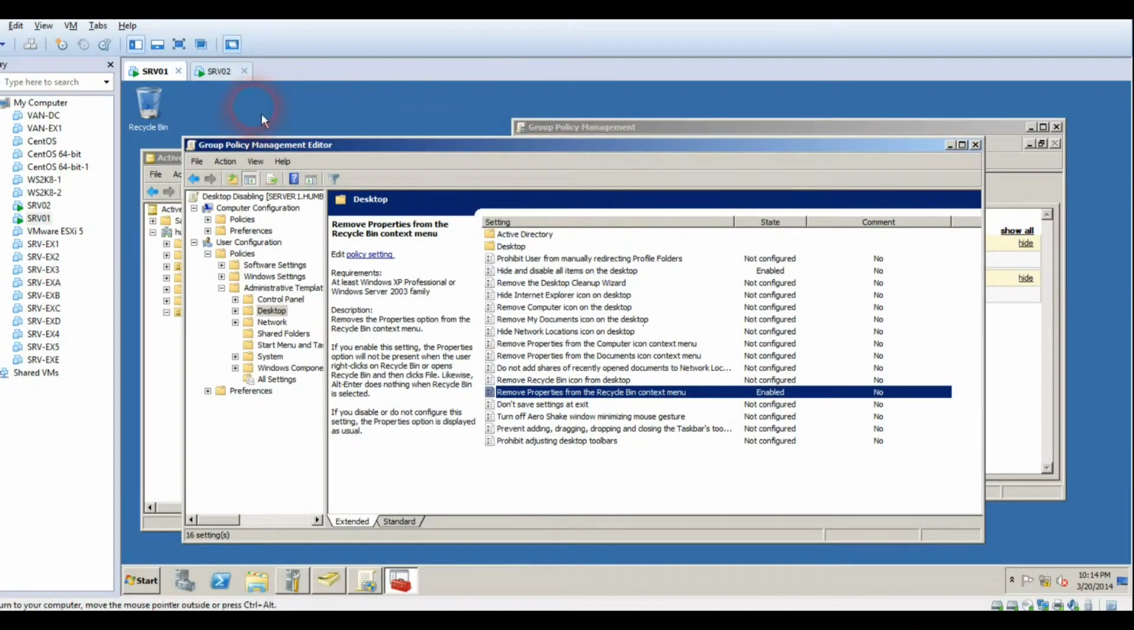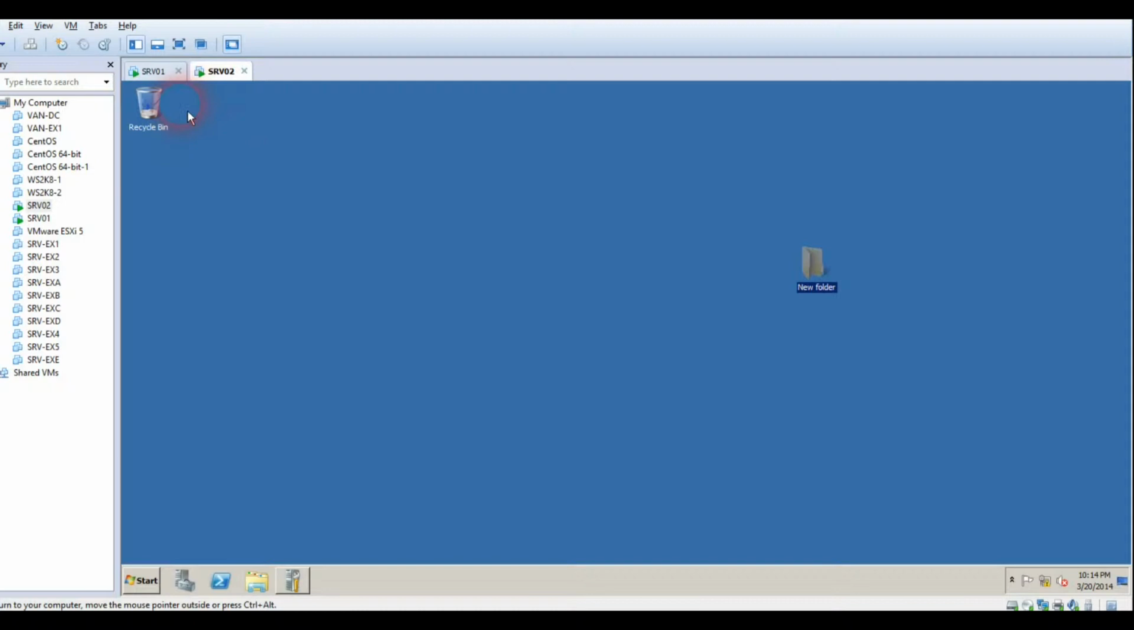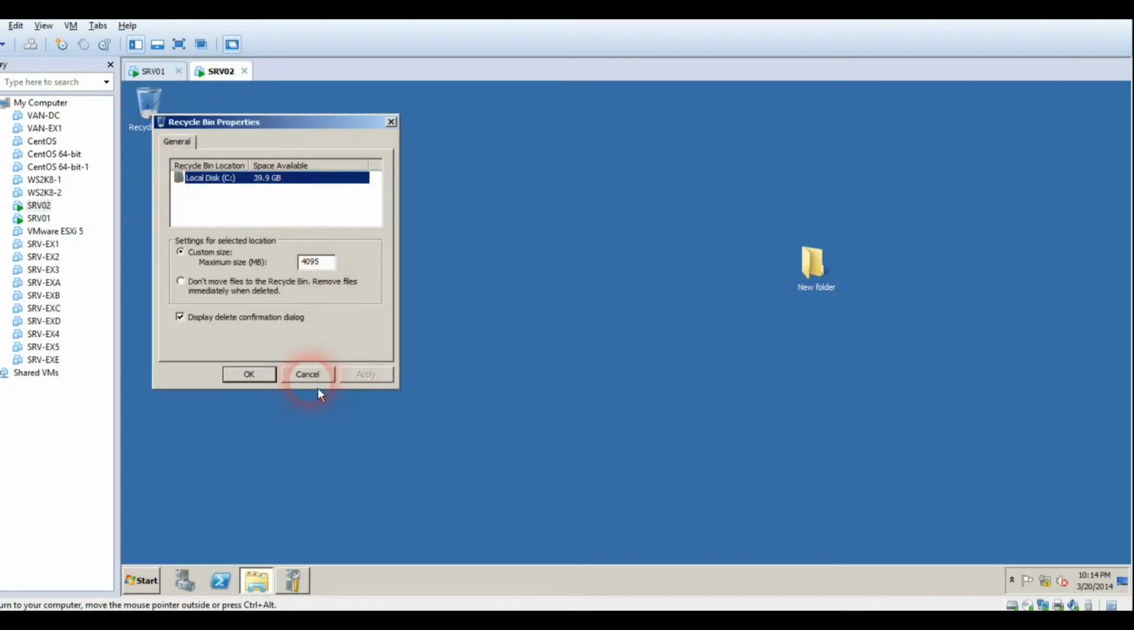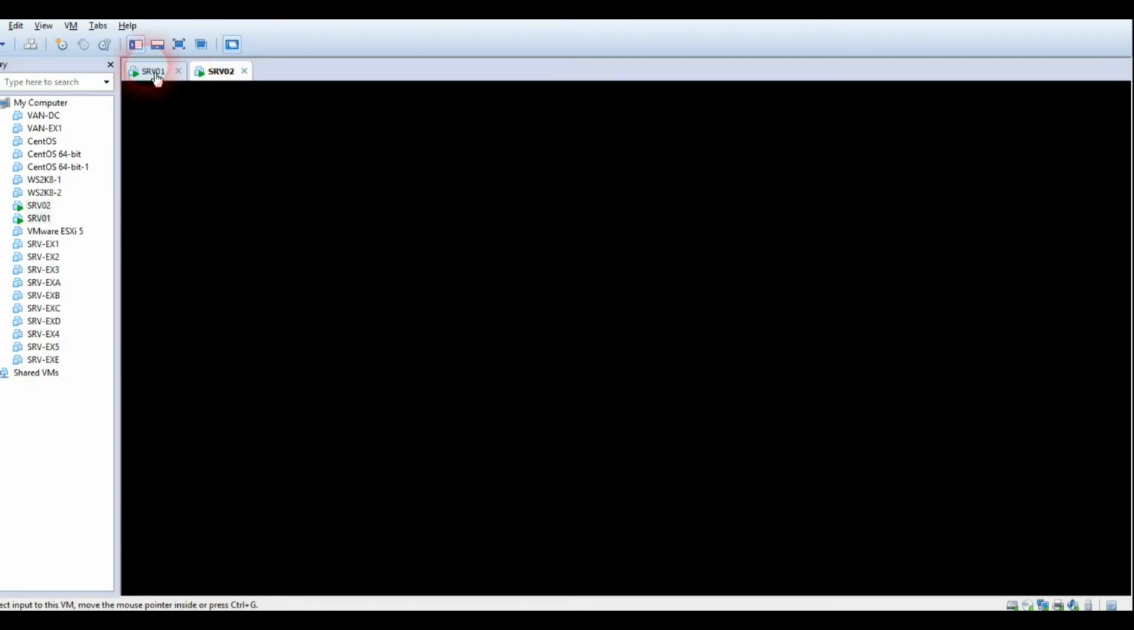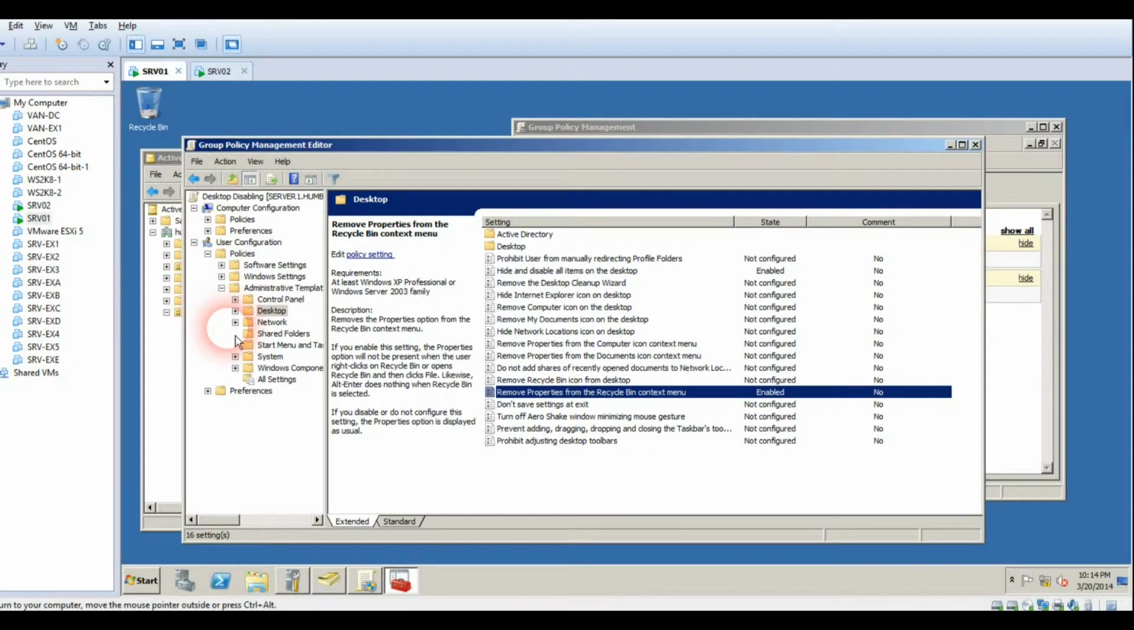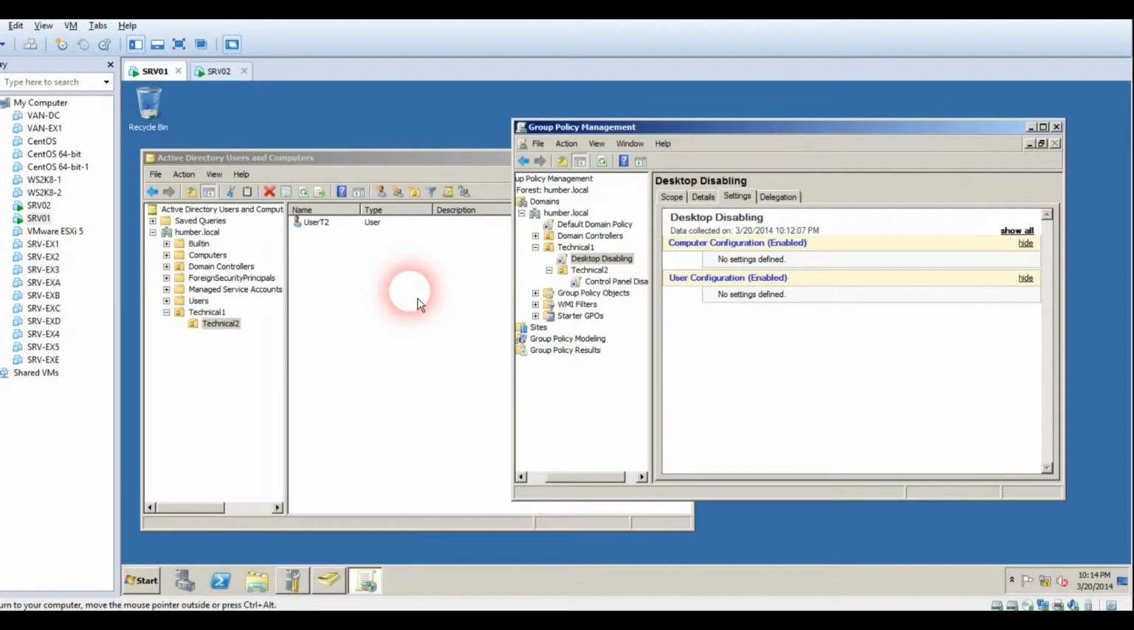Okay. So we're in server 2. We have recycle bin. Right click. Yes. Properties. Okay. I have properties. I'm gonna check this. So this is enabled and this one is enabled. This I did on the desktop for the first technical one. Okay. So now this one on technical one,